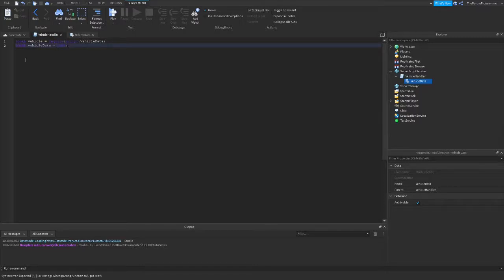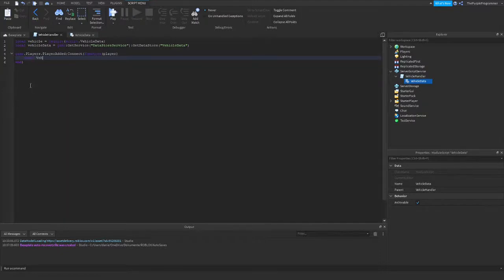We're just going to get the data store service, get data store. I'm just going to call it vehicle data. Okay, there we go. So now we're going to check if a player connected to your game, like that, and